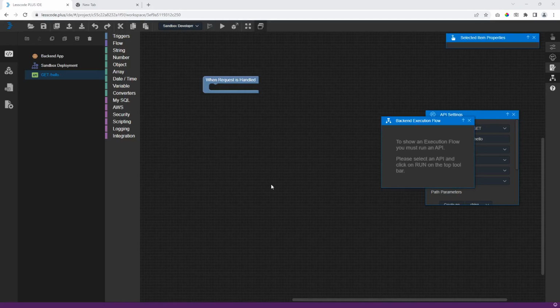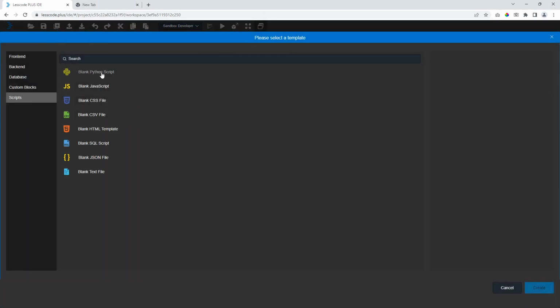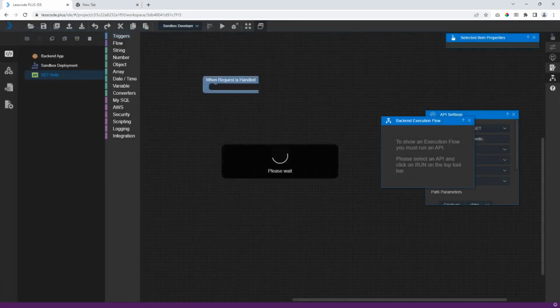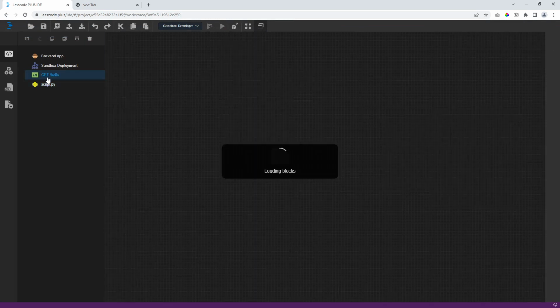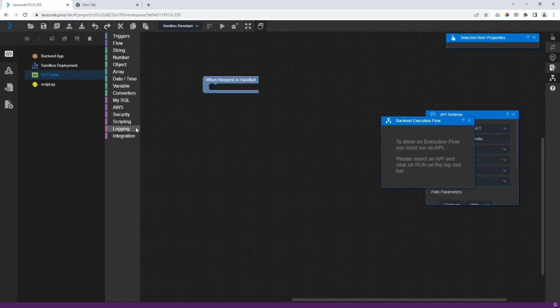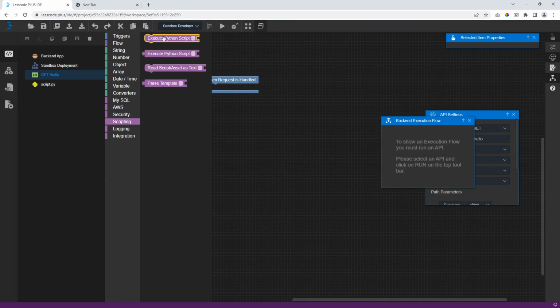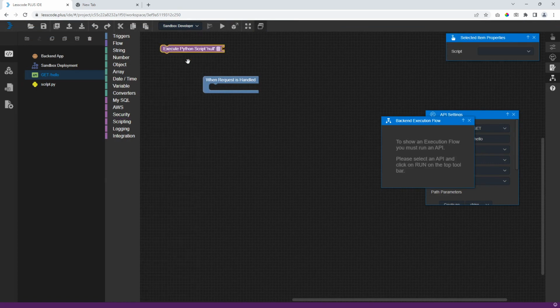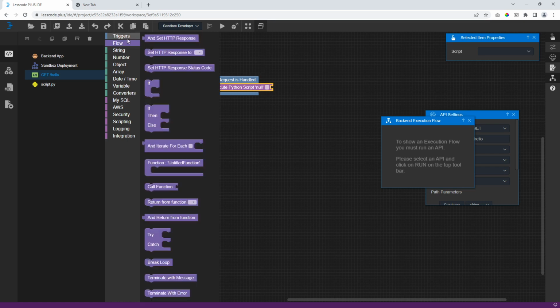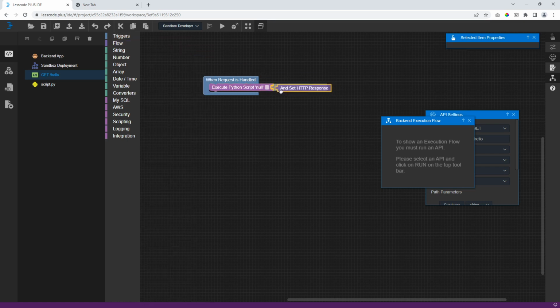You can use Python scripting to handle edge cases in your API backend. First, let me create a script. Let's call it script, and then let's go back to our endpoint. And there's a block to run Python scripts on your API endpoint. First, let me drag and drop this, and let me return the response as the result from this